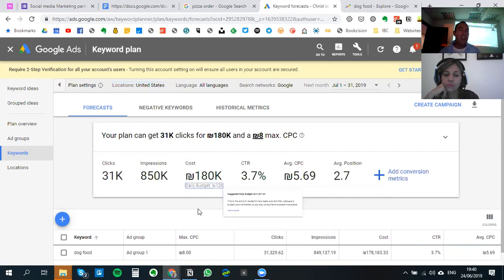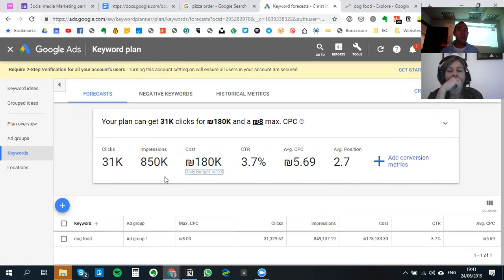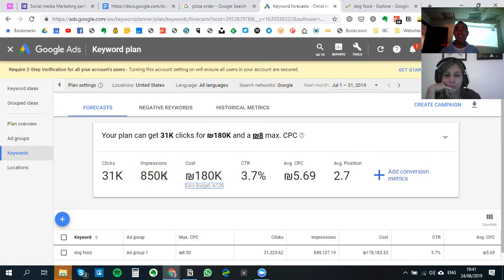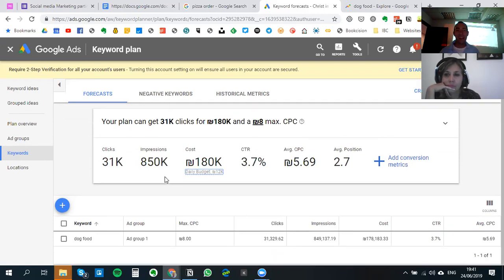I can see that if I want to get 31,000 clicks per month out of 850,000 impressions, I will have to spend 180,000 shekels per month to cover all of America and to be very competitive in America and to have 850,000 people see me in America per month. Okay? And what keywords? Dog food. All these people that really see, they really buy from you. Yeah, right. It's still small. Yeah, but that's why